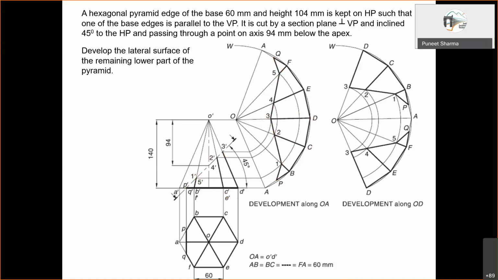Okay. One alternate development is shown here by actually cutting across this OD and then developing it. If you consider the drawing, this part and this part, you will actually find them exactly equal to this part and this part. But as I had mentioned earlier also, a preferred drawing will be this first one, because you get one intact complete single entity kind of flat surface, which can be folded into the lateral surface of this pyramid.